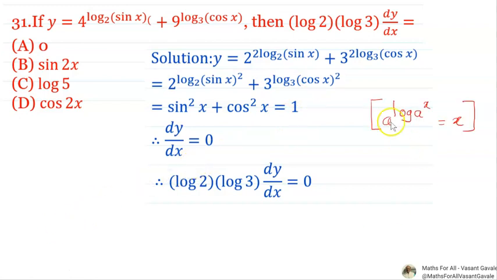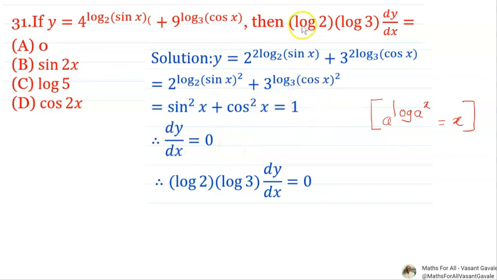Okay. We use this formula here, that is a raised to log of x to the base a is equals to x. Similar here, 2 raised to log of sin square x to the base 2 means sin square x. Similar here, 3 raised to log of cos square x to the base 3 means cos square x. Sin square x plus cos square x is equals to 1, that is y is equals to 1. Therefore derivative of this y with respect to x is 0, that is the derivative of this constant is 0,